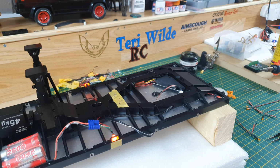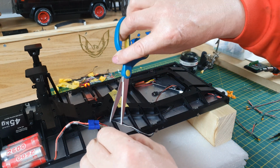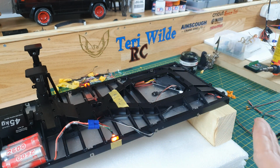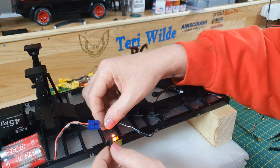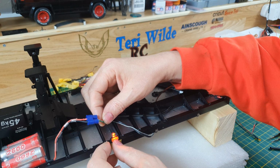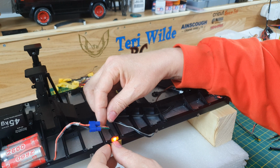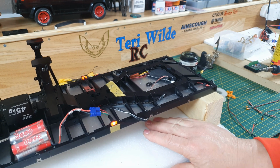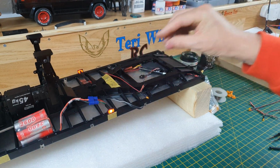See how much I need of that. Stick that over the LED, and then into there you go. Yeah, I like that. So now I've got to put